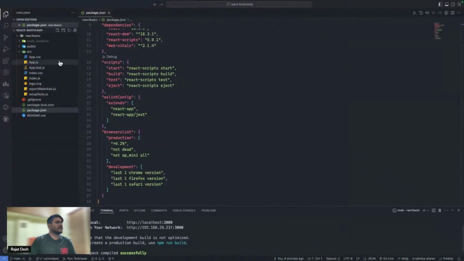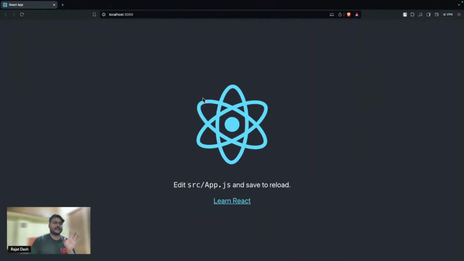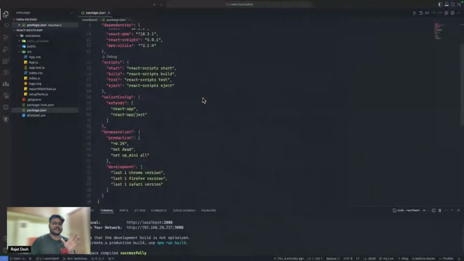I know we have not implemented anything or modified it anywhere. But for the time being, the React application is started. We can see something running on our system. Just wait for a while. I'll explain what these things are.